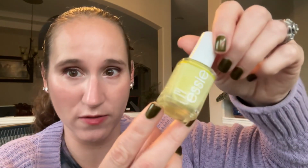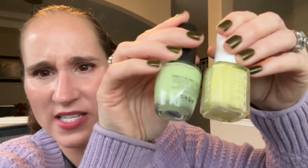Okay, then we have Essie's You're Sensational. This one is beautiful. It's a very soft, yellowy grass green almost, or like a, what is the color that I'm thinking of? I'm drawing a blank on what color I'm thinking of, but I feel like this one's unique. However, maybe it's similar. No, those are different. I'm gonna set this one aside just in case, but I feel like this one is unique,